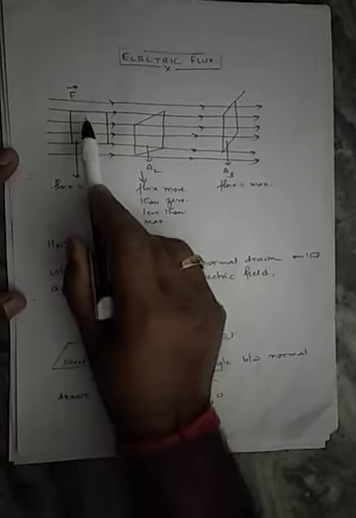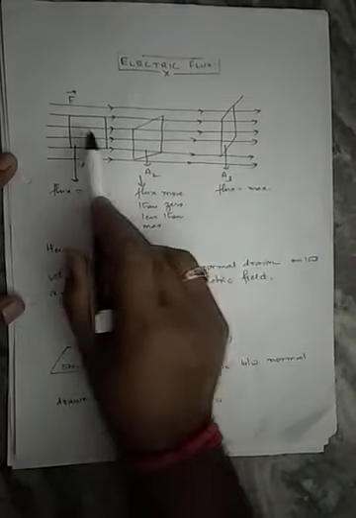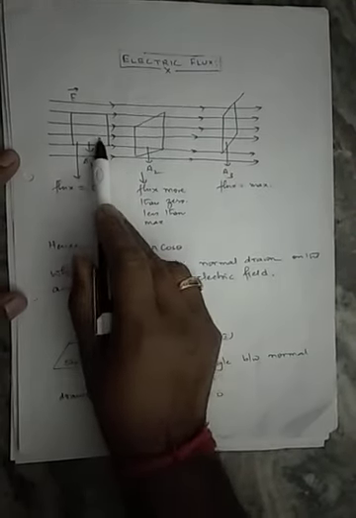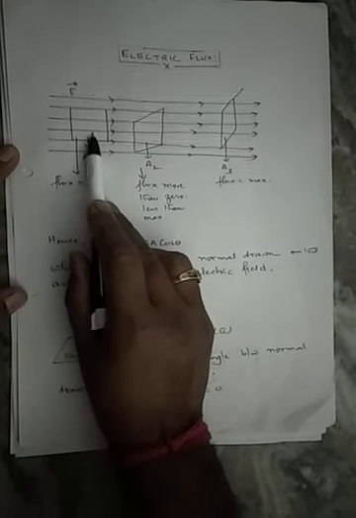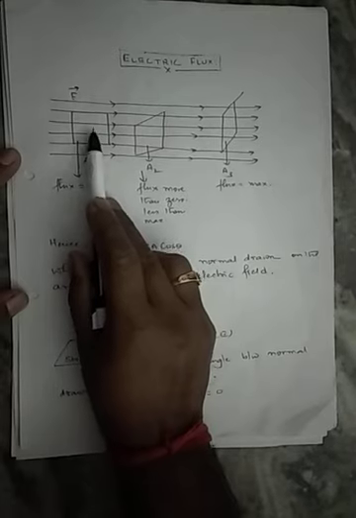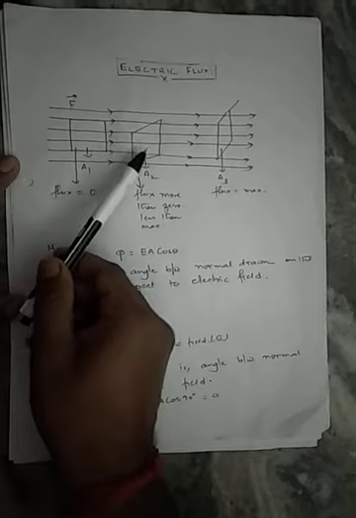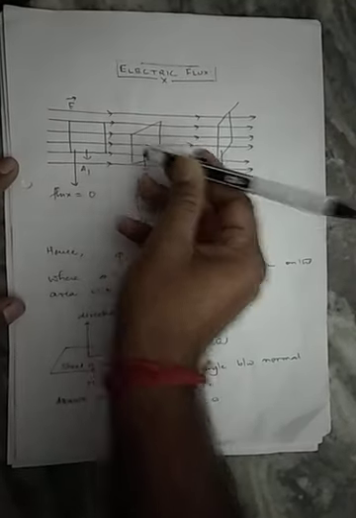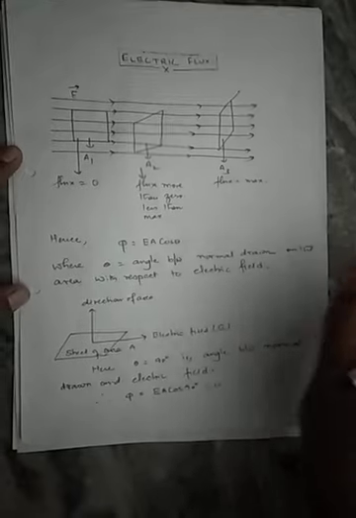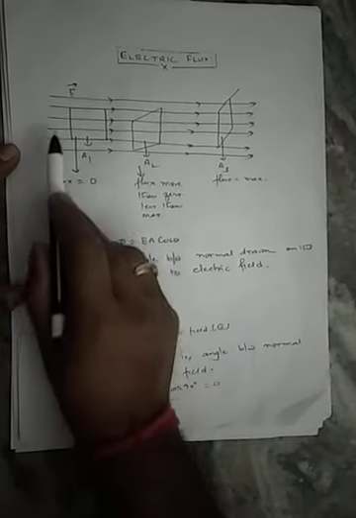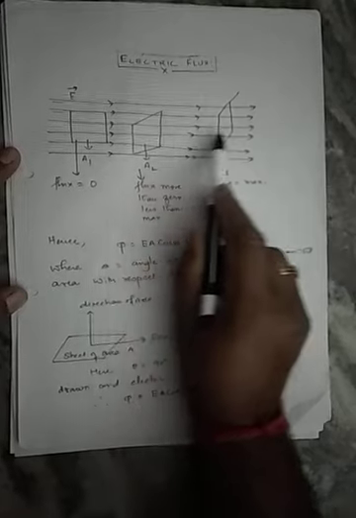You can see out here that there are lines of force which I have drawn, and there are three areas, right? One area is drawn in such a way that if I draw the direction of this area, then the direction is outwards. For this particular area, the direction is somewhere here, and for this particular area, the direction is this side. As per the concept of flux, it is defined as the total electric lines of force passing normally through an area. That means electric lines of force should pass normally to the area.